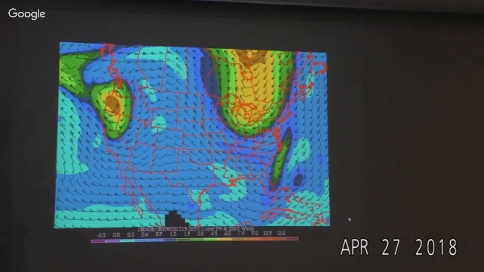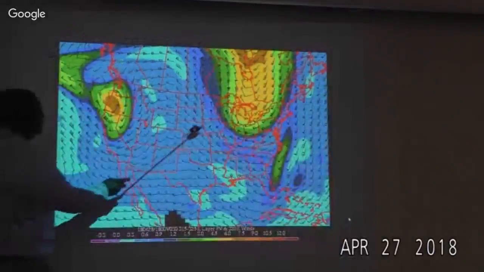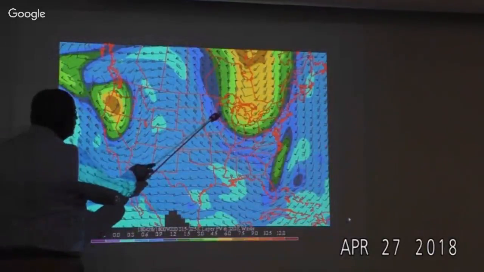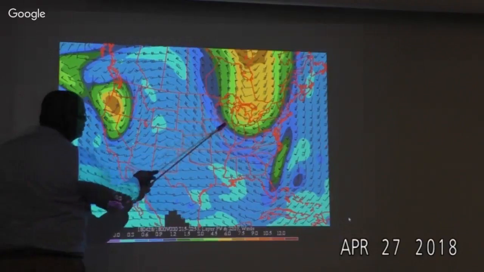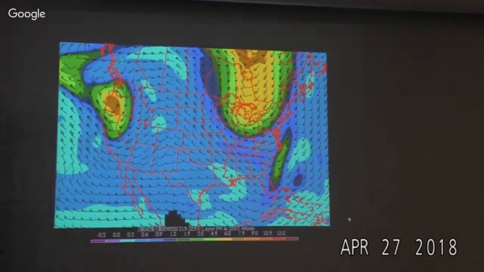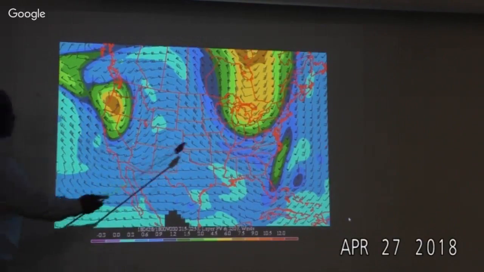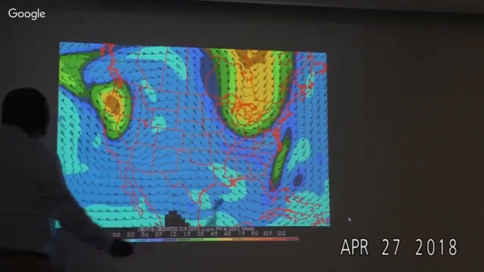Jump ahead just a little bit more. Oh, and people, sorry, go back to that for just a second. Also, you can see we're slowly seeing the PV values decrease over us with time, and you can see that this trough flows almost parallel to the isopleths of PV. So it's going to be a slow progression eastward as these advections occur. I mean, winds aren't perfectly parallel, and in fact, we do have strong gradients here, but in general, this is going to move slowly to the east.